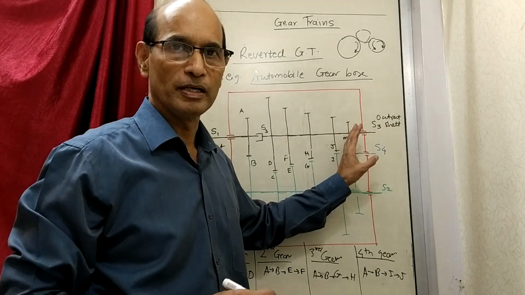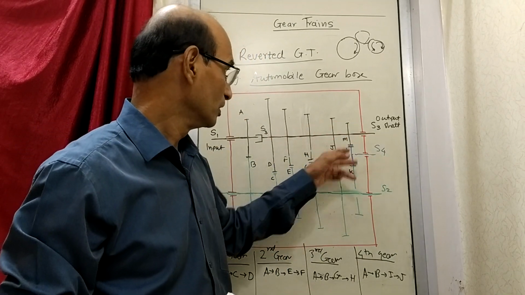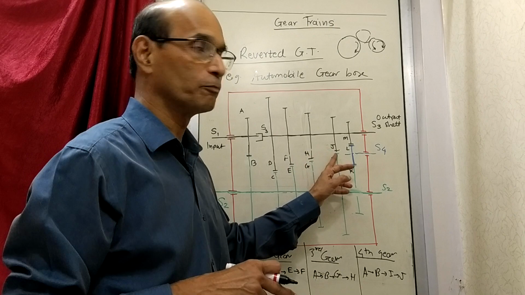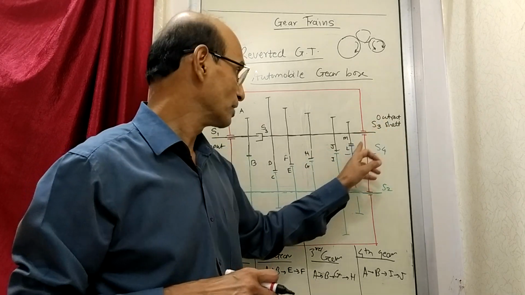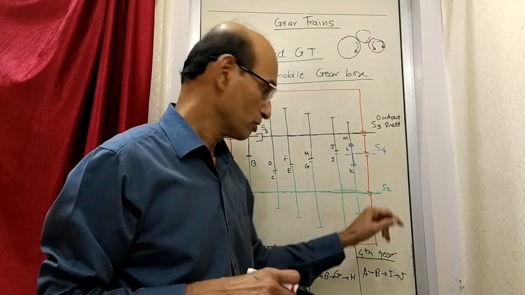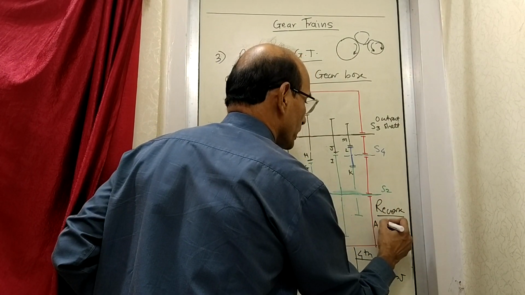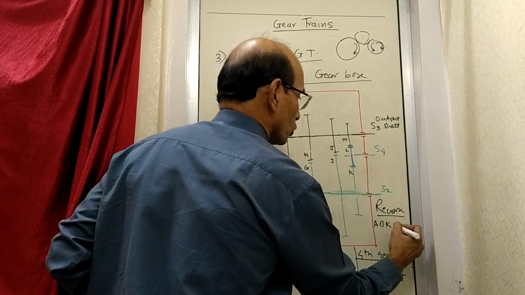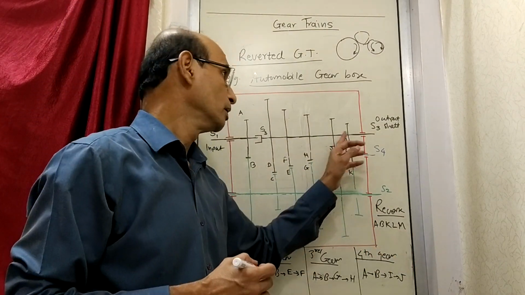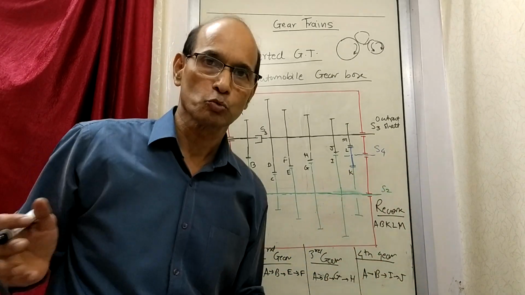What will be the speed? Speed will depend on the diameter ratio. But what is important is the direction of rotation. Whatever the direction of rotation was all the time, now it is going to be opposite of what it was in the case of first, second, third, fourth, because of the introduction of the additional gear, and that is the reverse gear. So for reverse gear: A to B, B to K, K to L, and L to M. This combination A, B, K, L, M is going to give you a reverse direction of rotation for the output shaft. So the gearbox works like this.